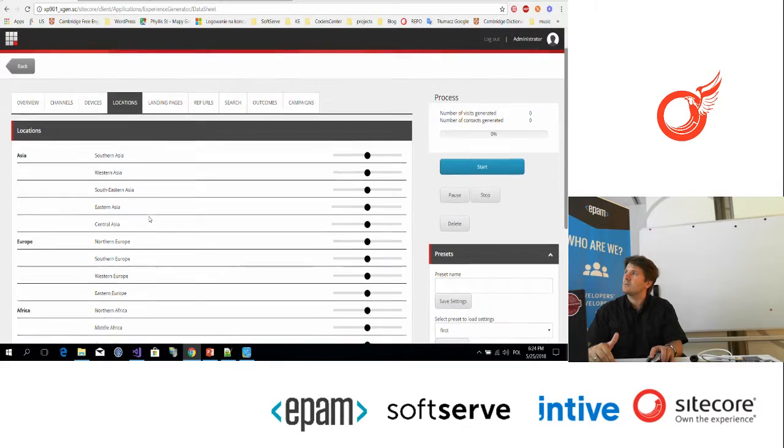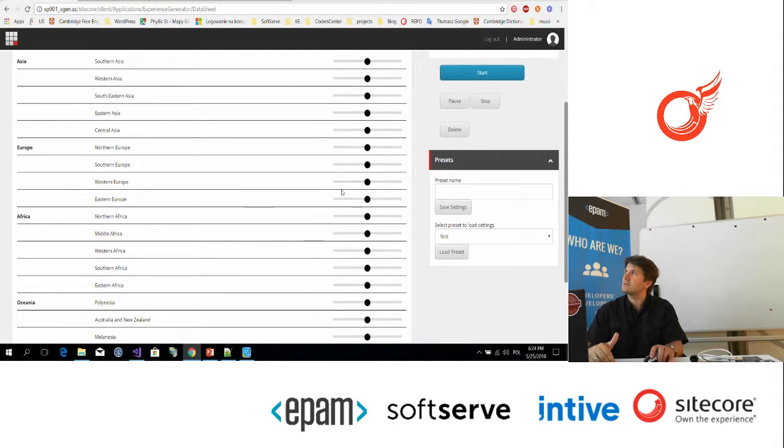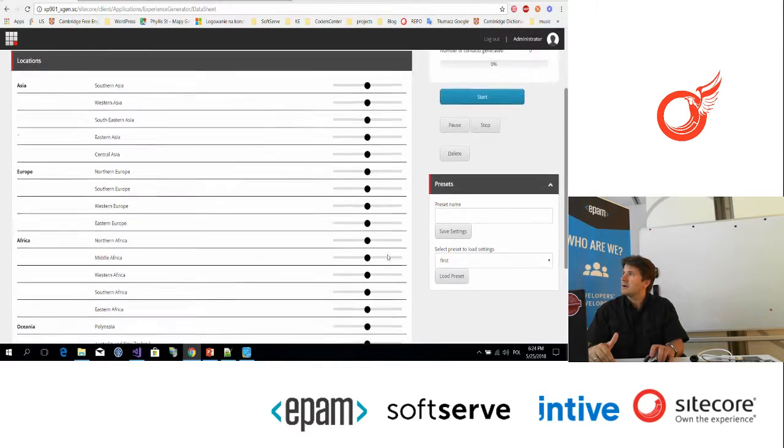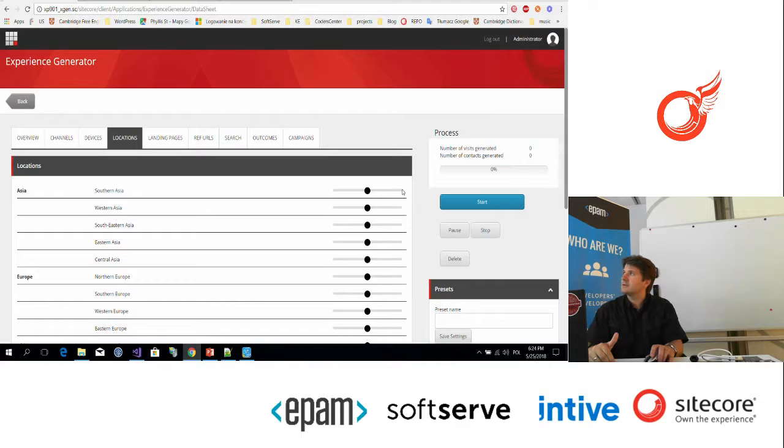For example, in this set we want to generate traffic from, I don't know, South Asia, and we will take some cities and regions from South Asia. This data is prepared in files, so we randomly pick a location from this region.